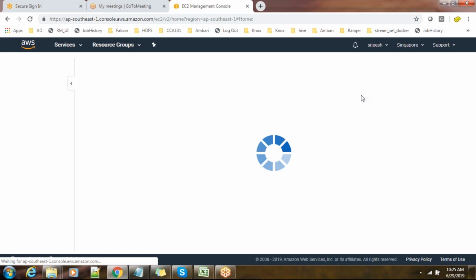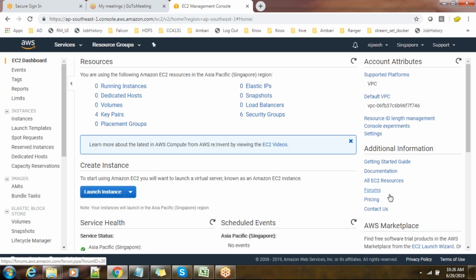There are multiple ways to launch a VM in AWS. One is from this graphical portal. Second, you can use some shell or Python code to deploy the VM. You can use Ansible to deploy, Puppet, Chef.